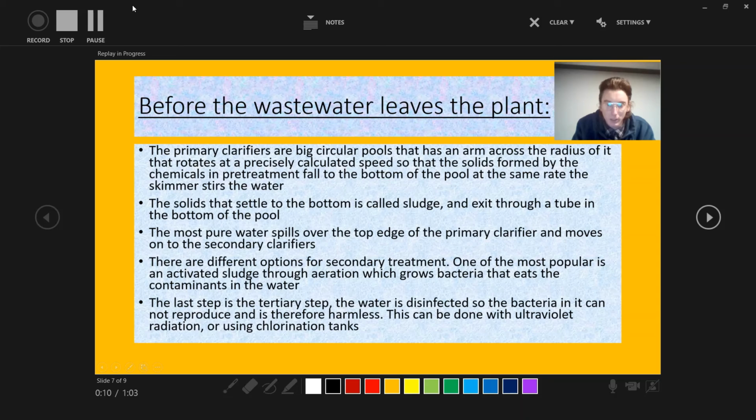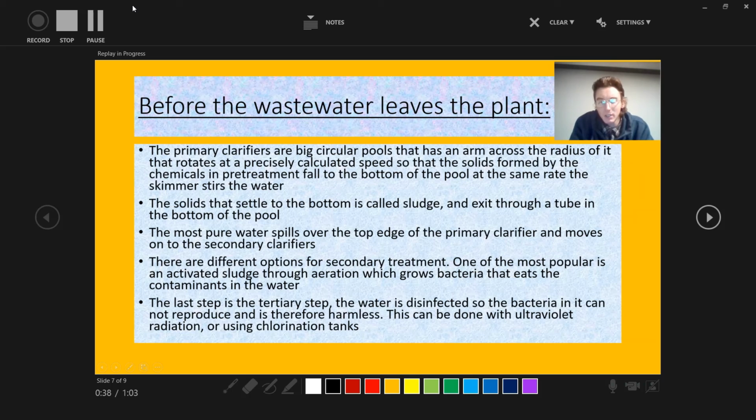So after the grit building, the chemicals are added, solids start to form, and then the water gets to the primary clarifier, which is a big circular pool with a drain in the bottom. The pool is mixed slowly, at the rate that gravity pulls these solids down through a drain in the bottom. When all the solids are settled out and the cleaner water goes to the top because it's lighter, the water spills over the top edge and goes on its way